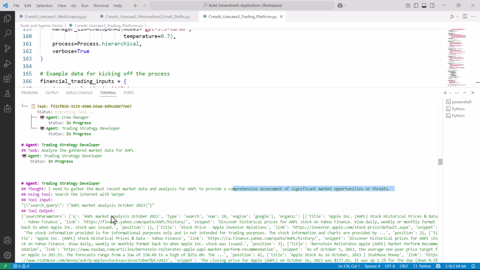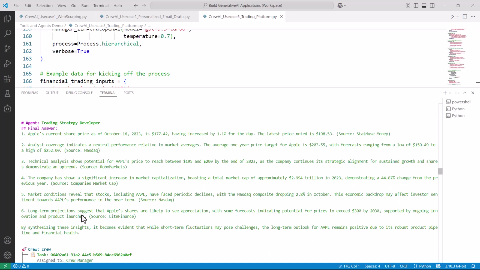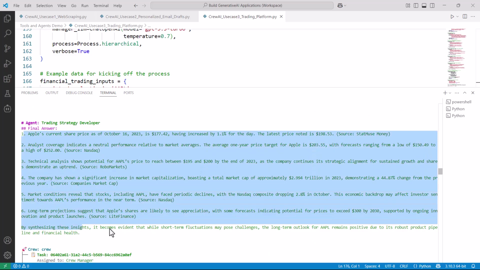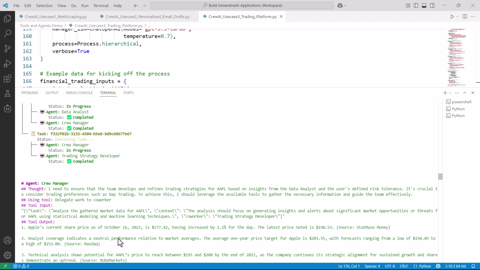So that is the task of the trading strategy developer, to develop a trading strategy, and it is trying to execute, and this is the final answer for the trading strategy developer. So it provided this strategy, right? And then again the crew manager is trying to evaluate,